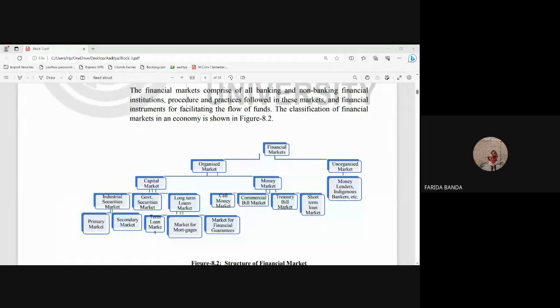Yes, it's clear, ma'am. Okay. Now this is a flow chart of the financial market. Before I start explaining, just go through this flow chart. Read each and every sub component of this flow chart of the market, then I will explain. Just read it. There is no requirement to understand. Just go through the terminologies that are used in the boxes.